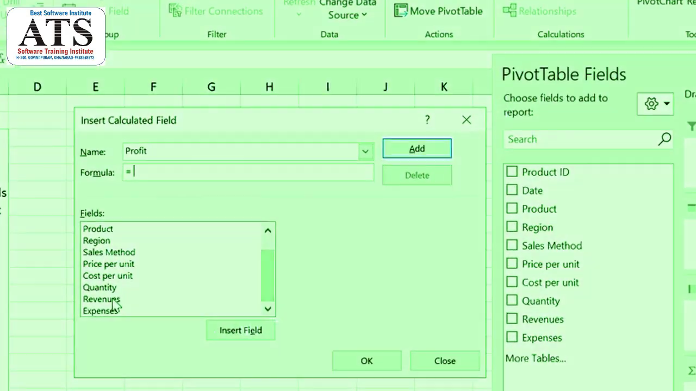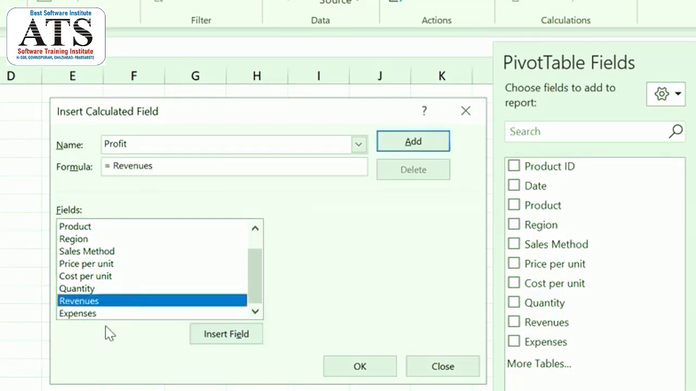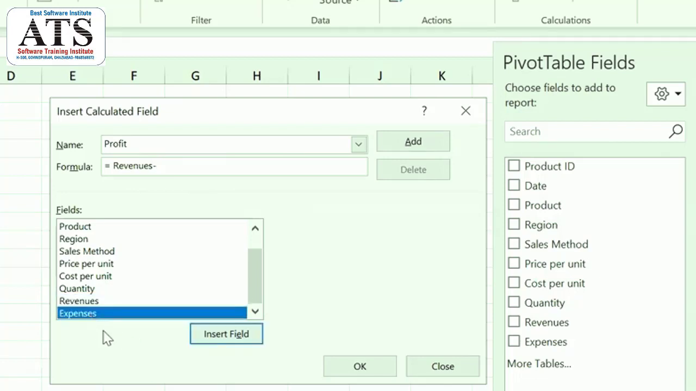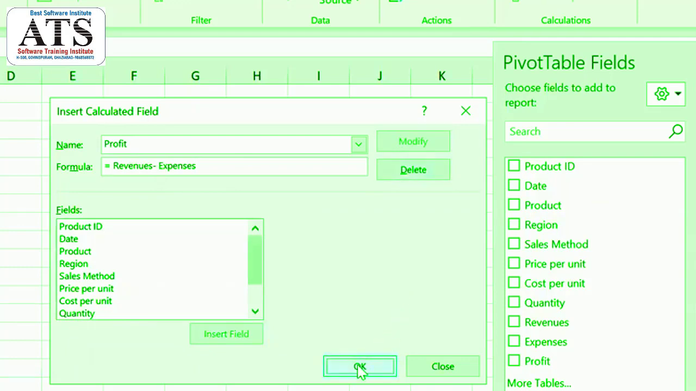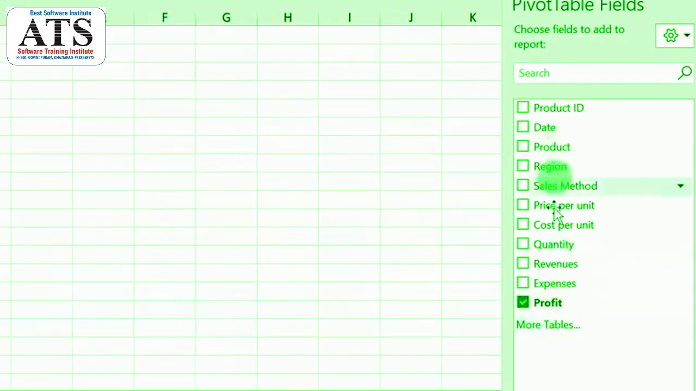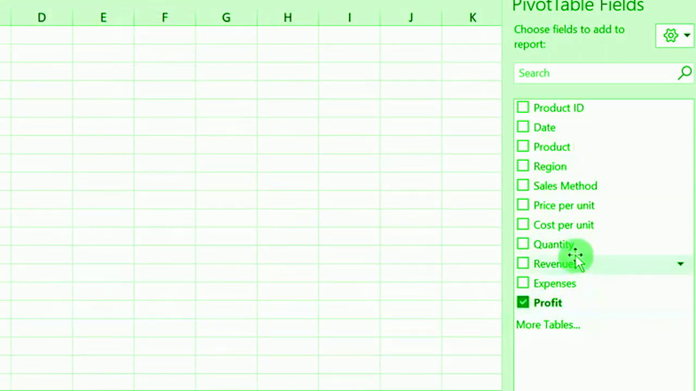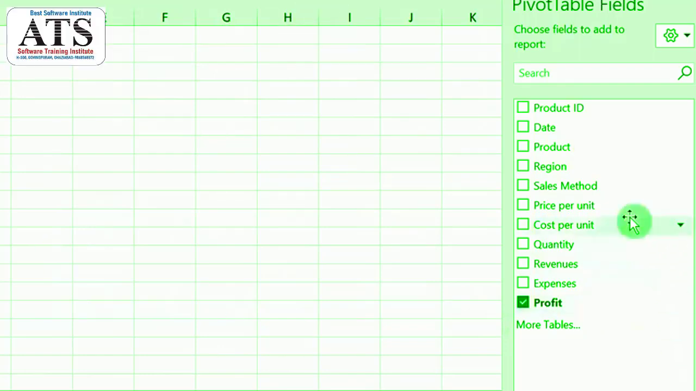So double click on revenue, then minus. Second, you can click on expenses, insert field. So it is added. You can see revenue minus expenses, this is profit. Add. Okay, you can see this new profit field is added here. But it is not in the data. This option is there, and if we want to see the profit date wise,